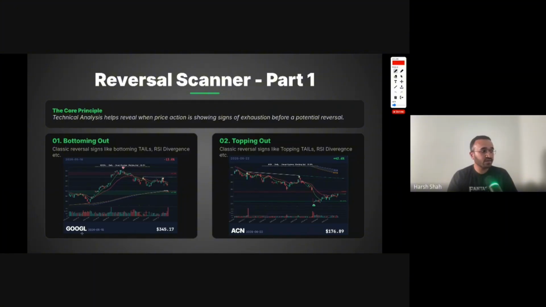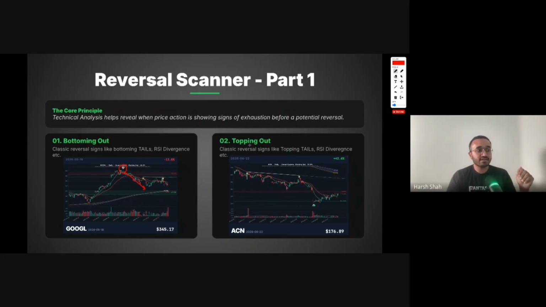So the left chart we have is Google. And on Google, if you look right here at the 400 zone, it formed a topping tail with volume and in the overextended zone. So it flagged that Google has formed something. Please take a look. If you want to take some action, take it. It's okay. But after this thing was formed, the stock collapsed around at least 20% from that level.